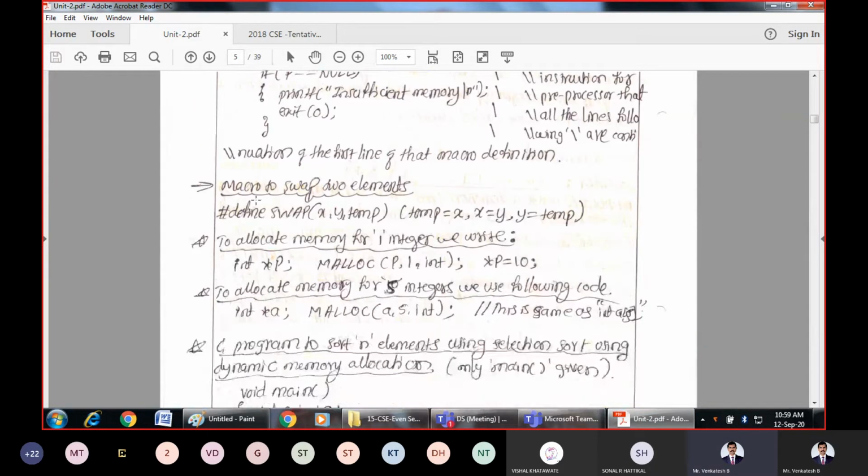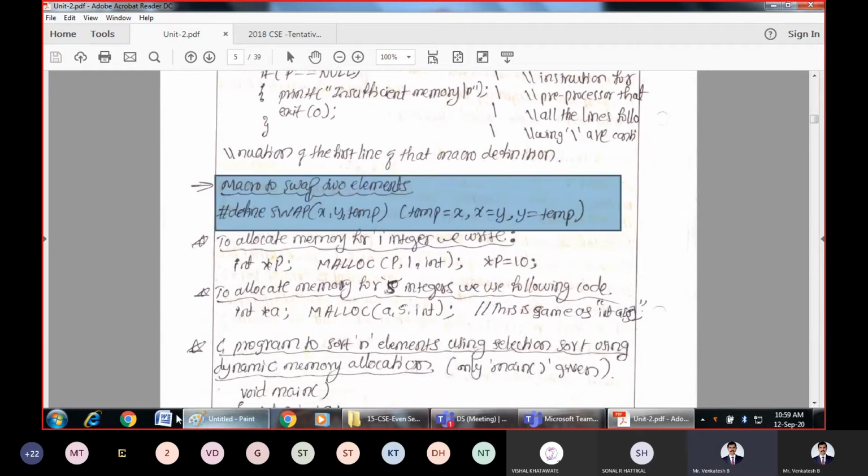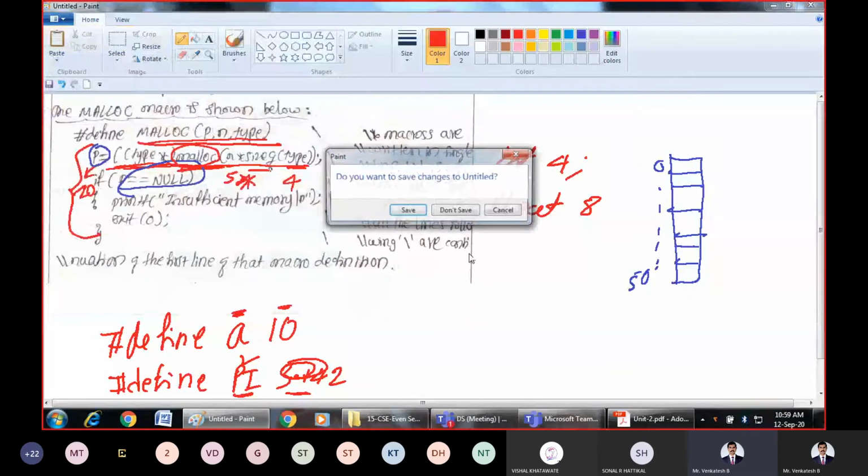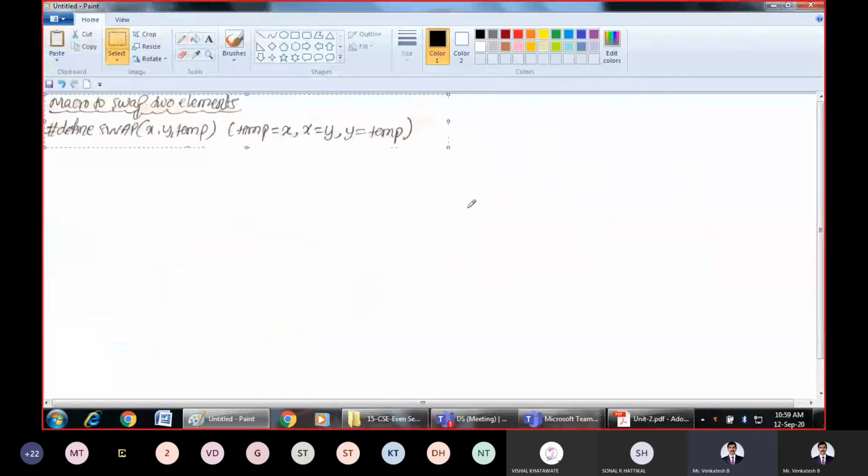Now one more example could be a macro to swap two elements. Another example I will take for defining a macro is swapping of two elements. So here we are trying to define a macro.